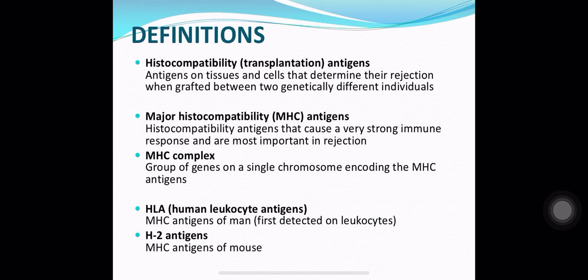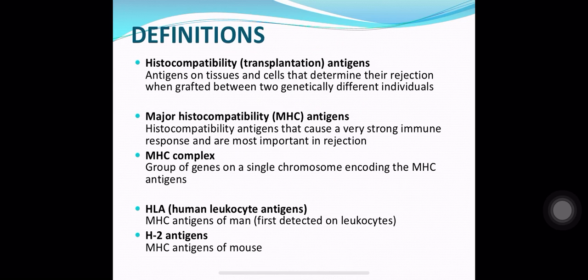ABO and RH are major factors, so they are tested and considered during blood transfusion. Similarly, there are different types of receptors on the surface of the cells in the body, and not all the receptors will be significant during transplantation, but there will be certain antigens which interfere during transplantation and need to be considered for compatibility. So these antigens are known as histocompatibility antigens or transplantation antigens.